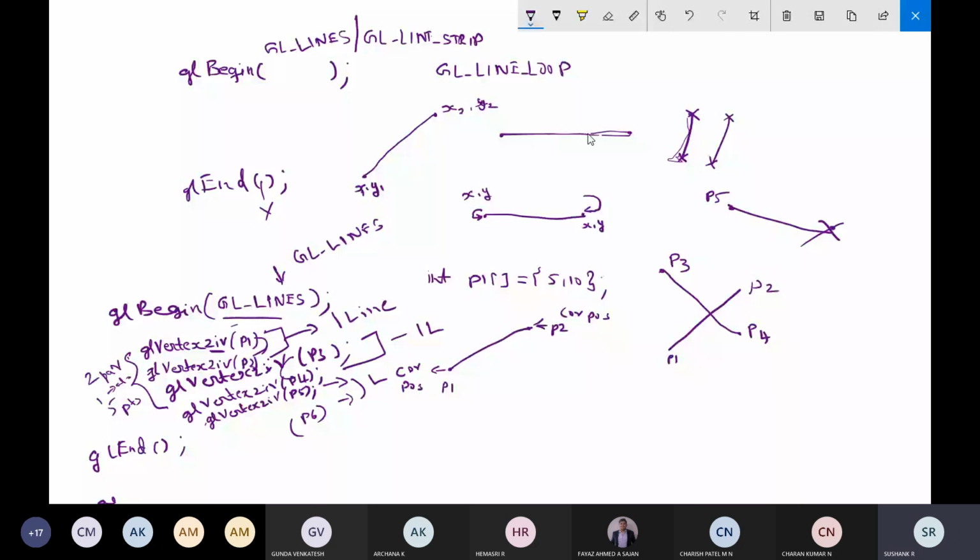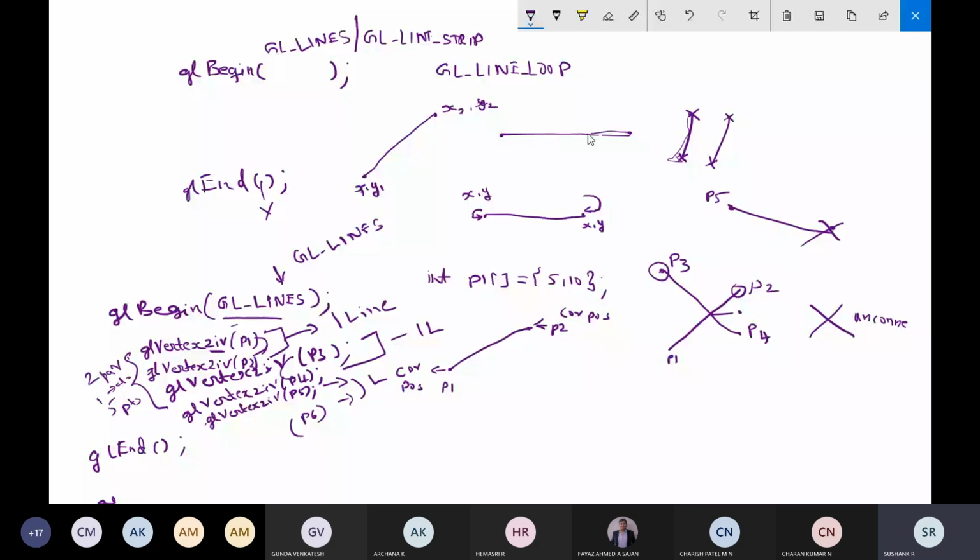A set of unconnected lines are formed unless the same coordinates are repeated. Even though you might think that the P1 P2 line and the P3 P4 line are joining at some point, they are unconnected because there is no common vertex, no common coordinate position.